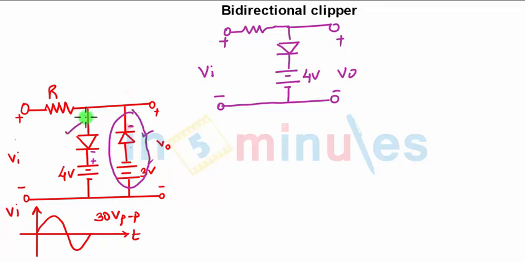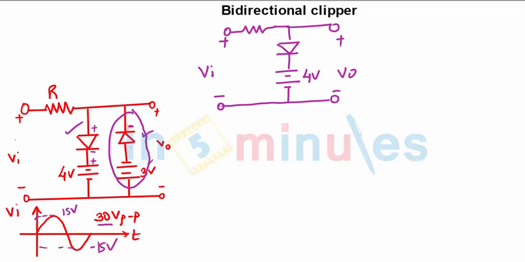We need to consider only the first branch in the positive half cycle because positive is applied to the positive of the diode. So the diode will be forward biased, but after some voltage that we need to find out. Now the input voltage is given as 30 volt peak to peak. That means it is going maximum till 15 volts in the positive half cycle and going minus 15 volts in the